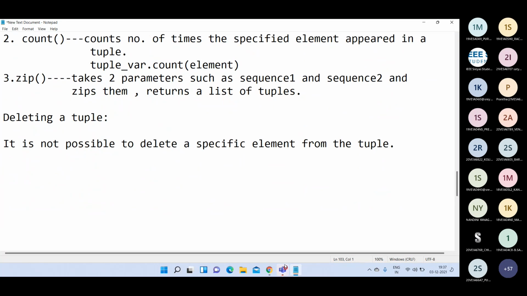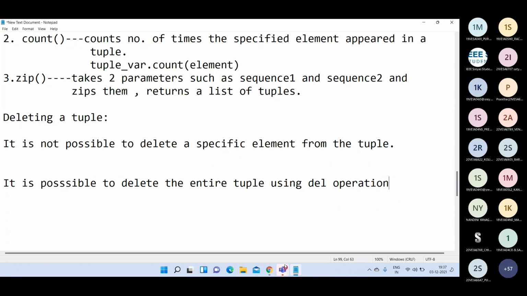But it is possible to delete the entire tuple using the del operation.